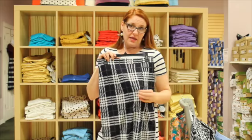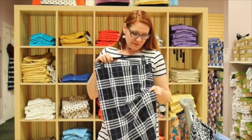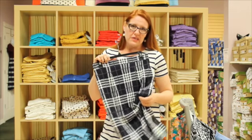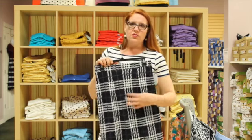This particular version of a piqué is a knit, and like I said, it's called Liverpool. But this piqué knit is kind of fun because it acts like a woven, but it is a knit, similar to Ponte di Roma, but because of the texture of it, it camouflages even better any of your figure flaws you're trying to hide. So we do this in skirts